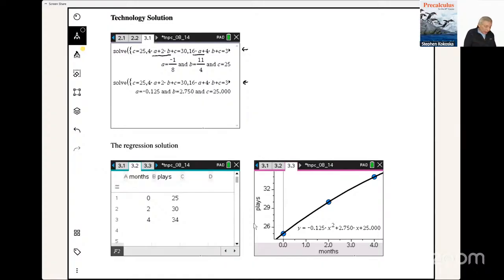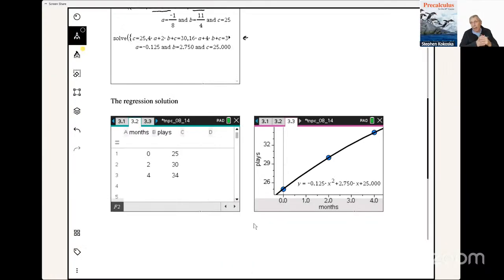Now, this is also really cool on the Nspire. Look at this one. And this is a question maybe here, Curtis, will have for people on the air. So what I did in the TI-Nspire is I created a list and spreadsheet page, and I input the months in one column and the plays in the other one. And then on my left-hand screen over here, I was able to construct first a scatter plot of just these 3 points. And then I was actually able to construct a regression equation